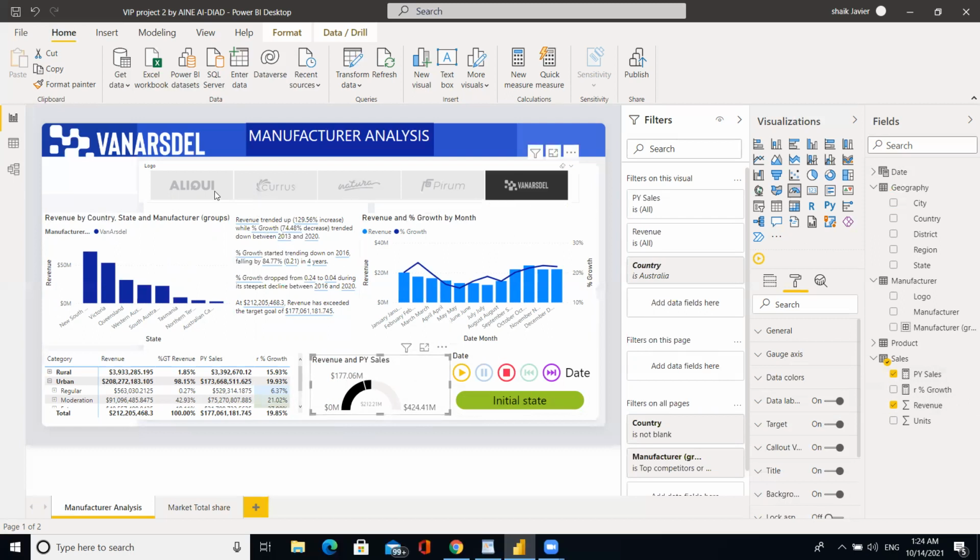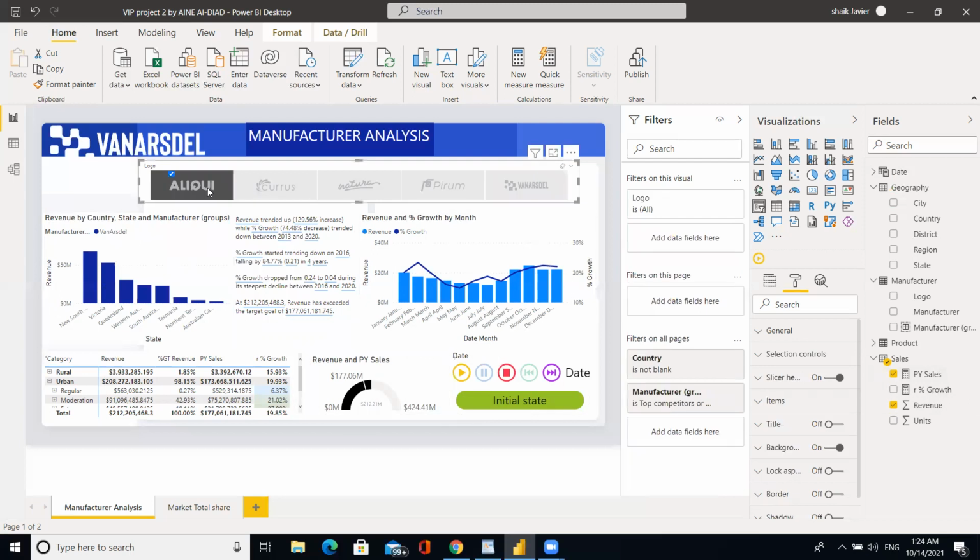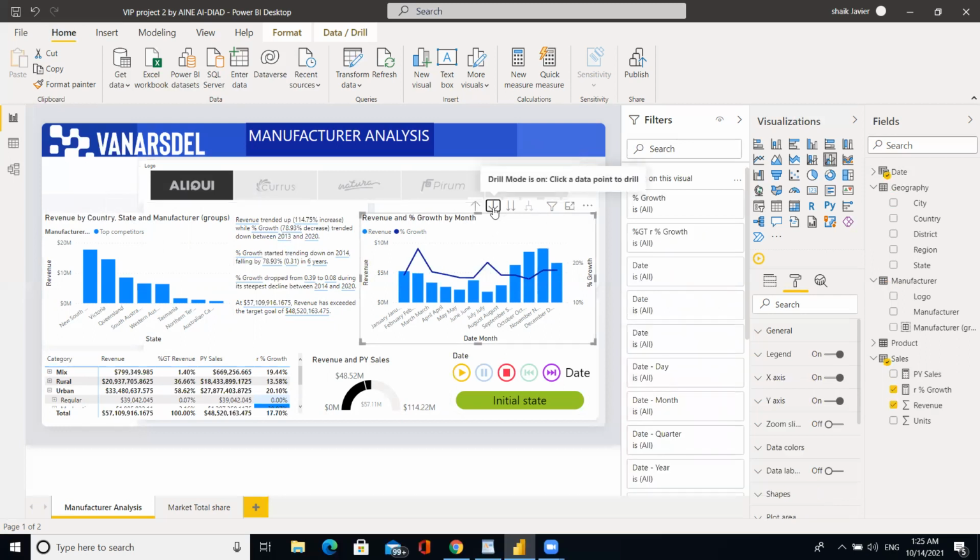Suppose I want the top creators, click this logo, change it. It is the top creators in Australia. In Australia, the state wise we can see here is monthly wise, and we can enable this.